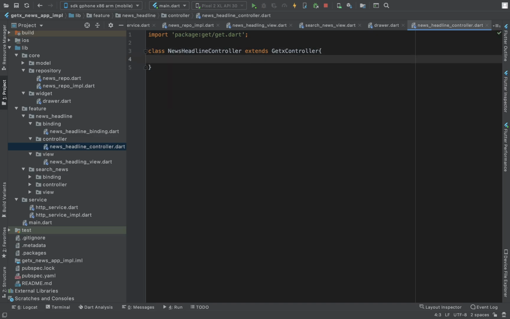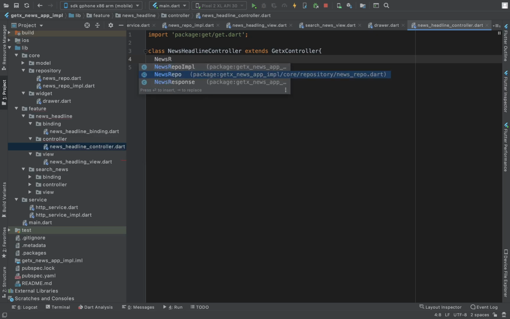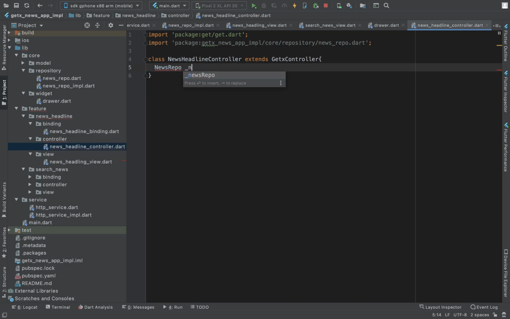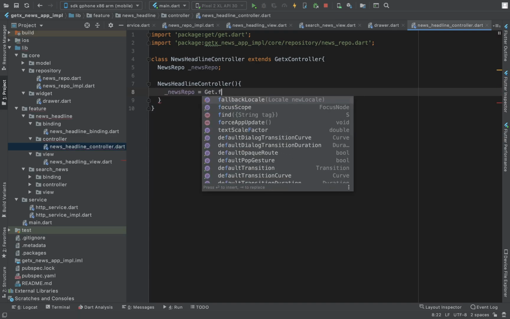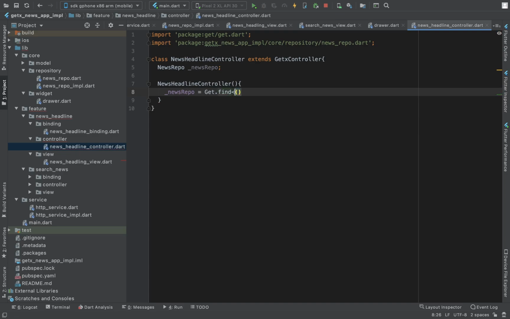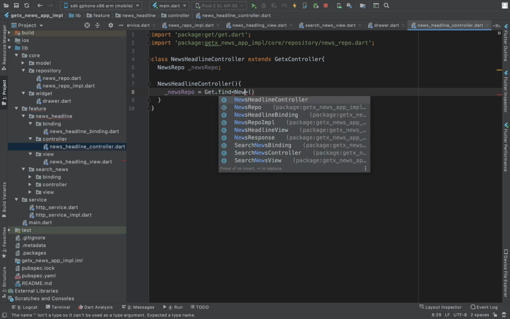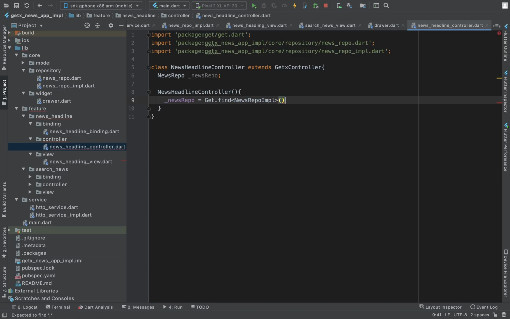So inside the controller, I'm gonna make the news repo reference, and inside the news headline controller I'm going to initialize this news repo. You can get the instance of this news repo implementation by using this code, Get.find. And how are you getting this